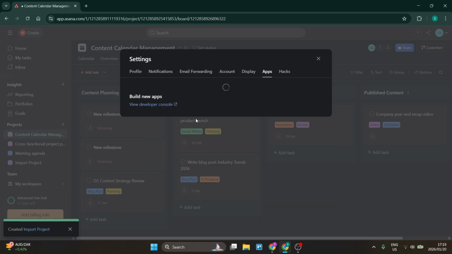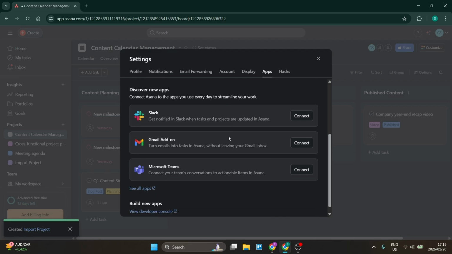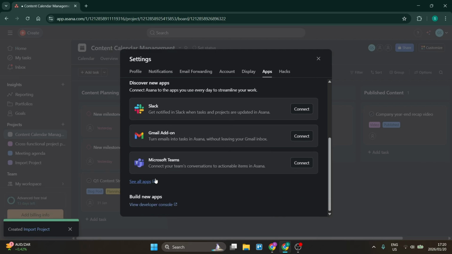Now, right over here, you will have a few options. Initially, you will have the Asana desktop app and the mobile app. That's not what we're looking for. We want to integrate apps into Asana. So here are some commonly used ones, but if you click on see all apps, you'll be taken directly to